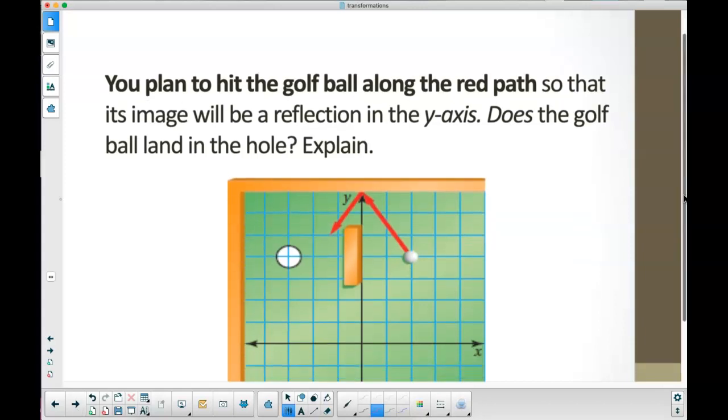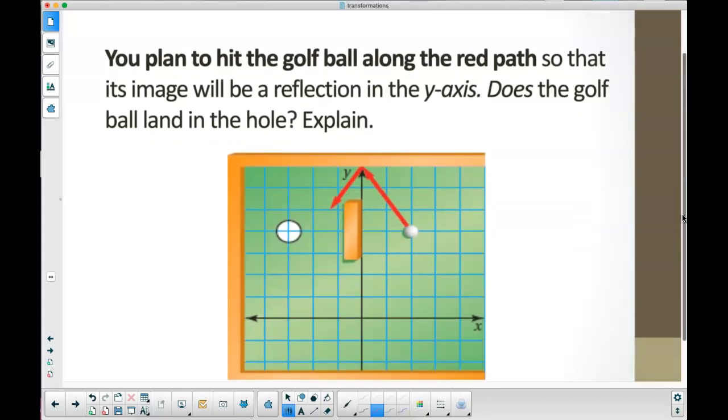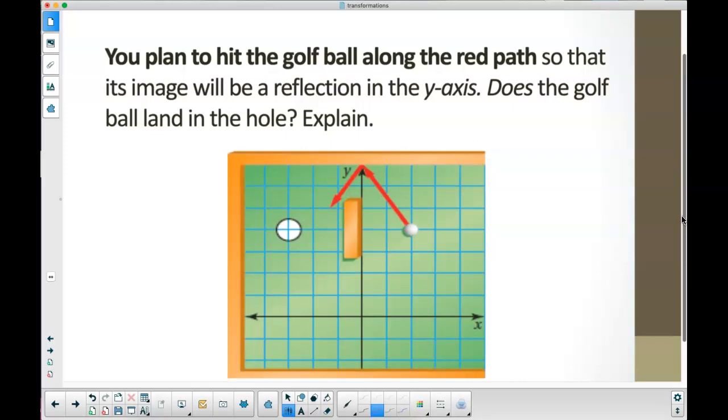And let's go to this last one. You plan to hit the golf ball along the red path so that its image will be a reflection in the y-axis. Does the golf ball land in the hole? Would it? No, right? If it's a reflection, right now the golf ball is 2 away. It needs to be 2 away. The golf ball would land right there. Does it land in the hole? No, it doesn't. That was a hard one, right? Difficult. All right. So then